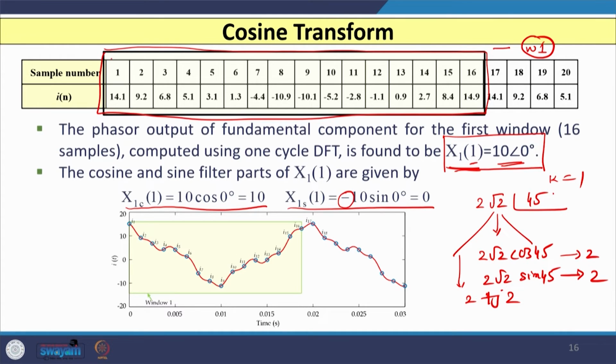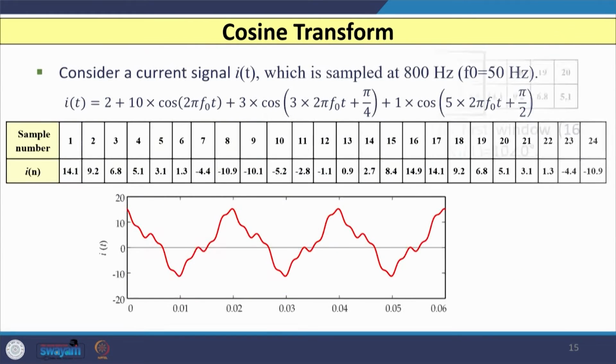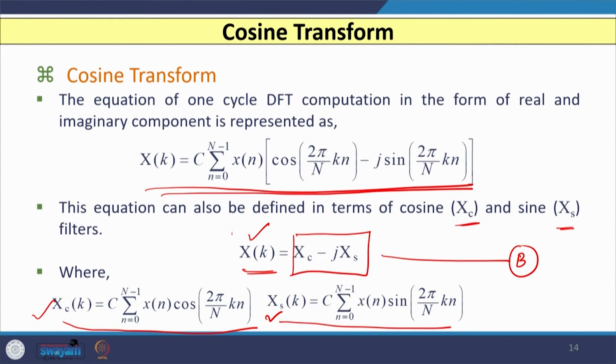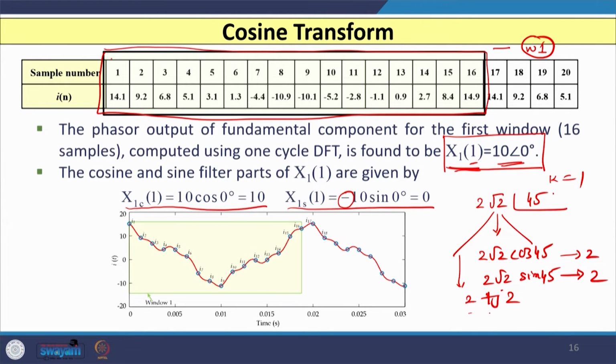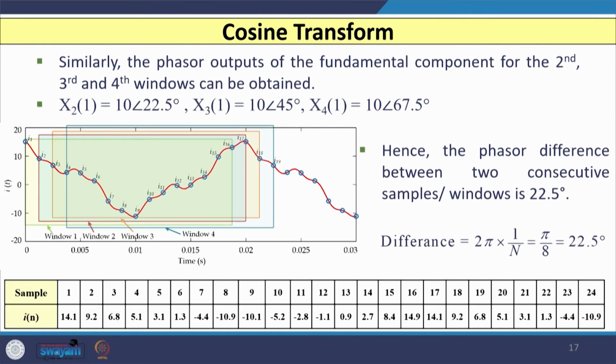However, you see the earlier case, in our case when we use this equation B, we have the term that is cosine filter as xc, whereas for the sine filter we have the negative sign. So, when we have the negative sign here, we have to put the negative sign in case of the sine filter term. Now, with this background, you can also take the other windows.